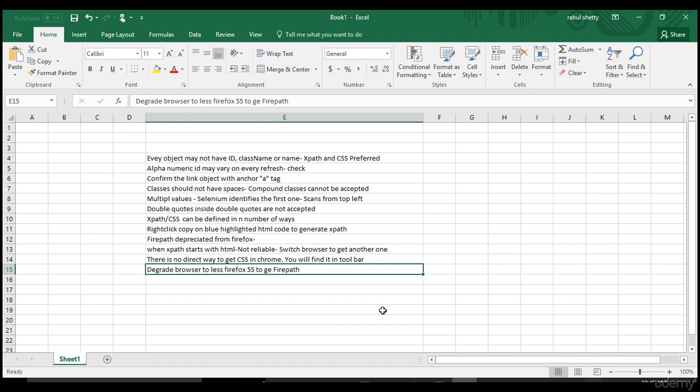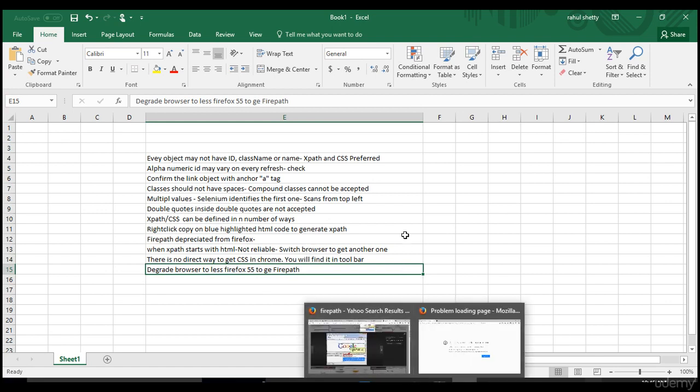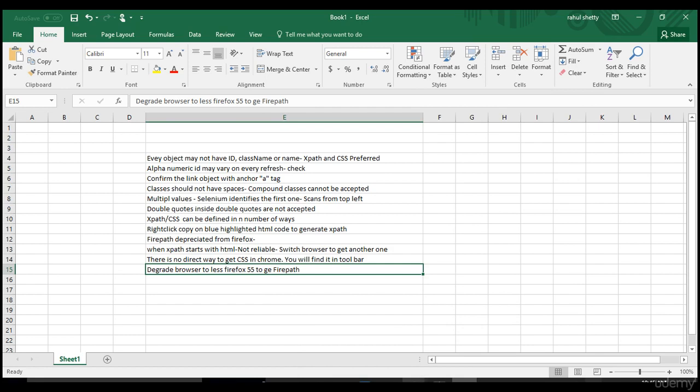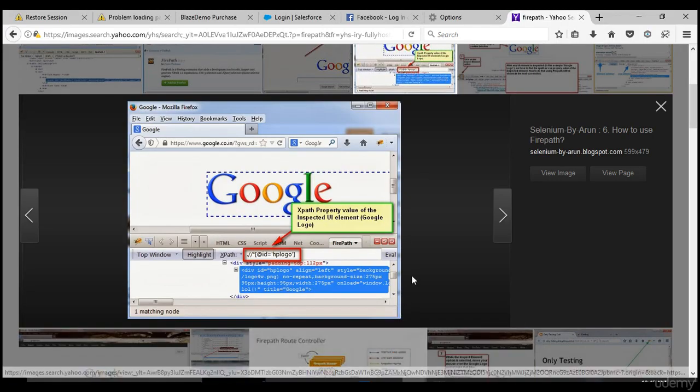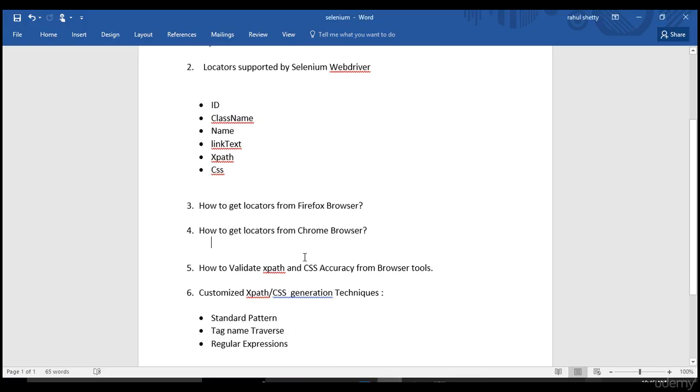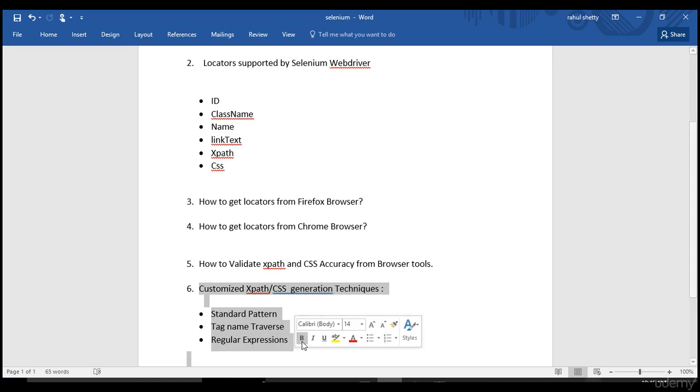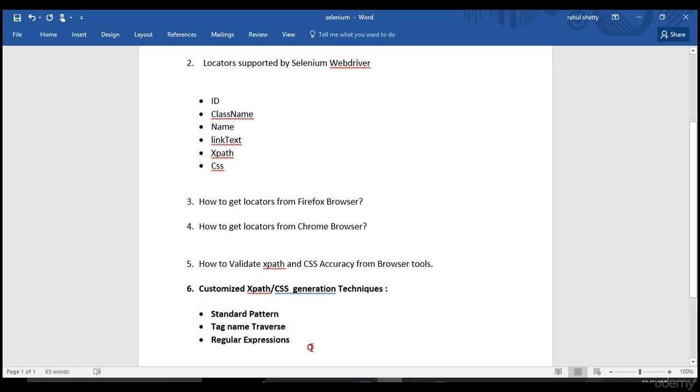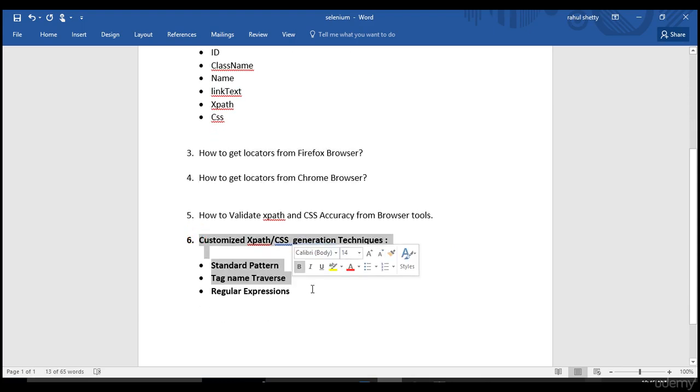Even now, what I'm talking about in the last two lectures, generating the XPath and CSS from web tools, is not advisable. Going forward we will actually deal with writing our own XPaths and CSS. This is the professional way and this is how people do it. Just for practice purposes I am giving you the hint of how to get that from the browser. But please don't always depend upon this. You have to get this point done.